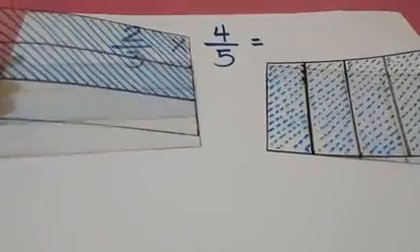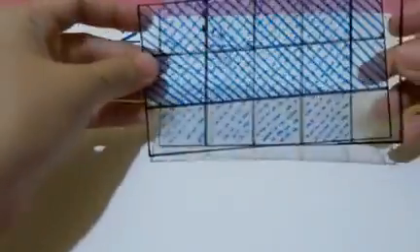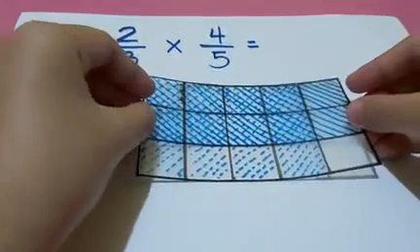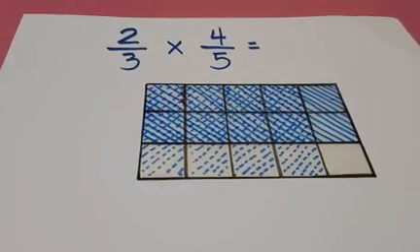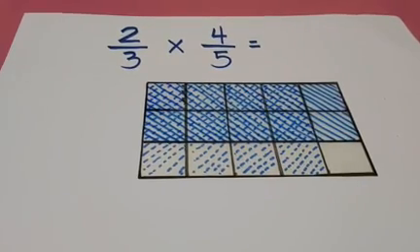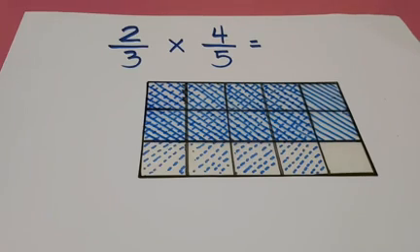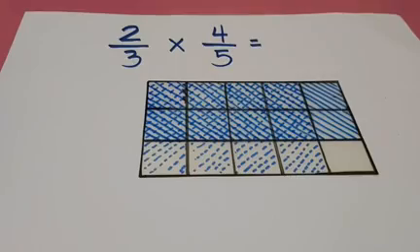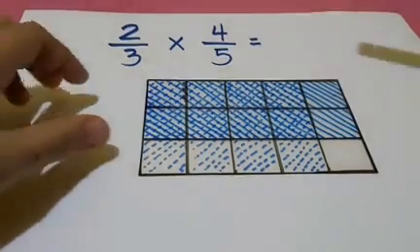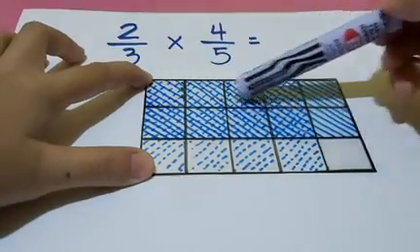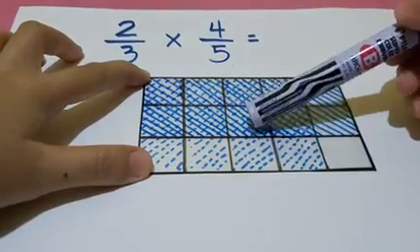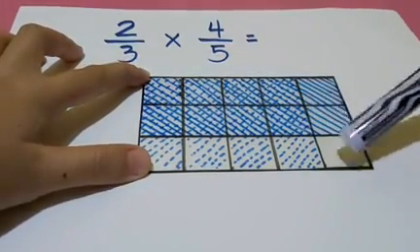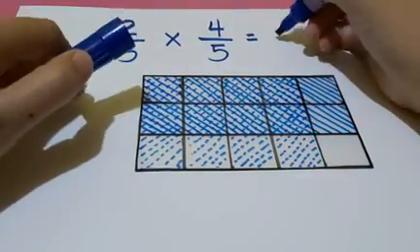2/3 times 4/5. Okay. So this is the combined model. Now, let us count the total number of parts formed when we combined the two models, because that will be our denominator. So, how many total parts were formed? So, we have 1, 2, 3, 4, 5, 6, 7, 8, 9, 10, 11, 12, 13, 14, 15. That will be our